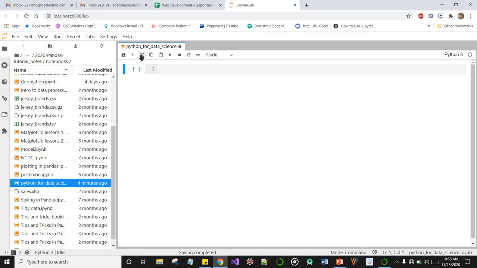This is if you want to cut the content in the cells, copy a cell, paste a cell, or run the code in selected cells and advance. You can interrupt the kernel with the stop sign, and this is for you to restart the kernel if you previously interrupted it, and this is, I think, for you to advance or something, to play your code advanced.